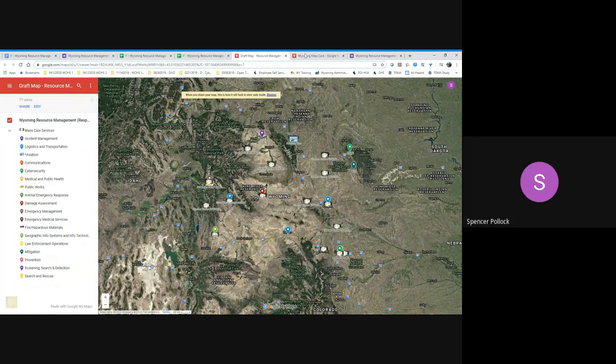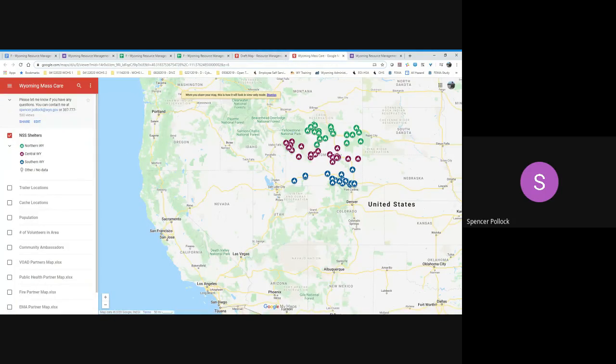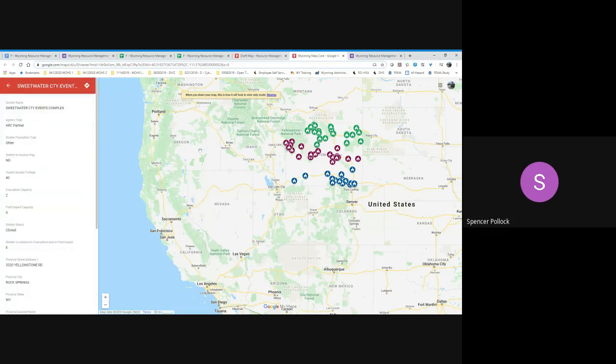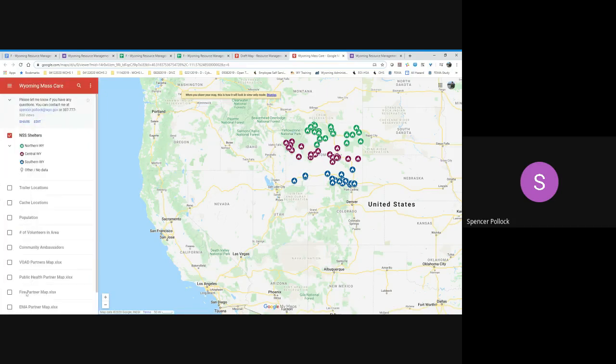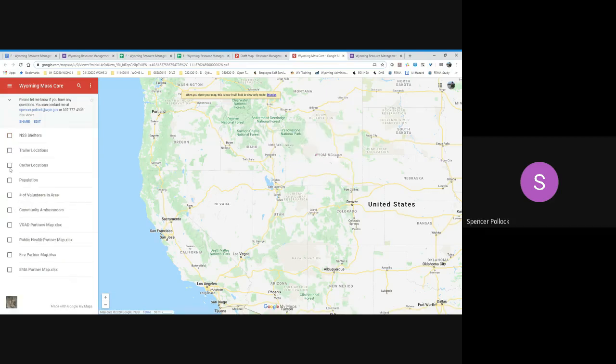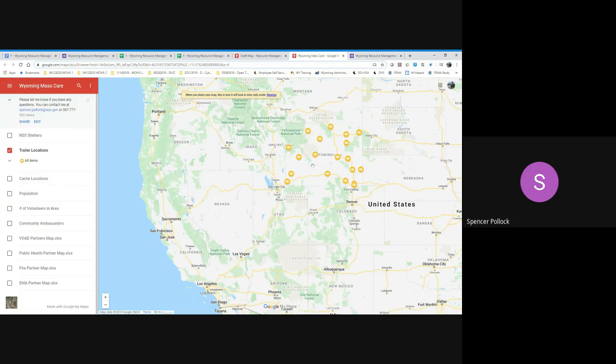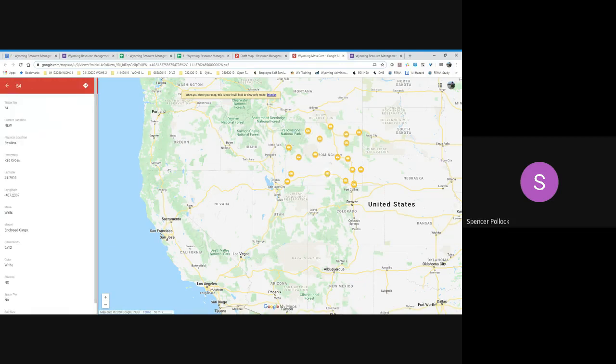Here's an example of what ours will look like. This is some old data relating to mass care from a previous project. But effectively, we can see similar data, right? What is the shelter, who can open it, etc. This would be our data. Instead of having these drop downs, we would have the click boxes for the categories. So you'd be able to sort through and see what your closest asset is. So for example, if I wanted to see what trailers are available or what radio equipment or whatever else, I can simply click on the box. It displays it right here, what my information is.